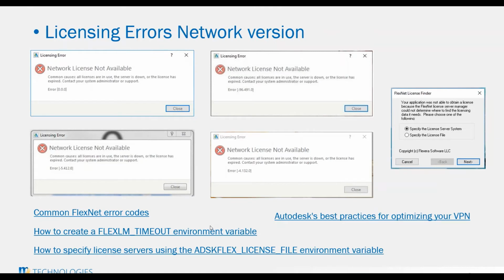So shifting a little bit, the network version gets a little bit more tricky because there's a lot more communication. There's a lot more ways to go awry. I don't say wrong. It's just network licensing can be a little bit challenging. The most common things that we see are